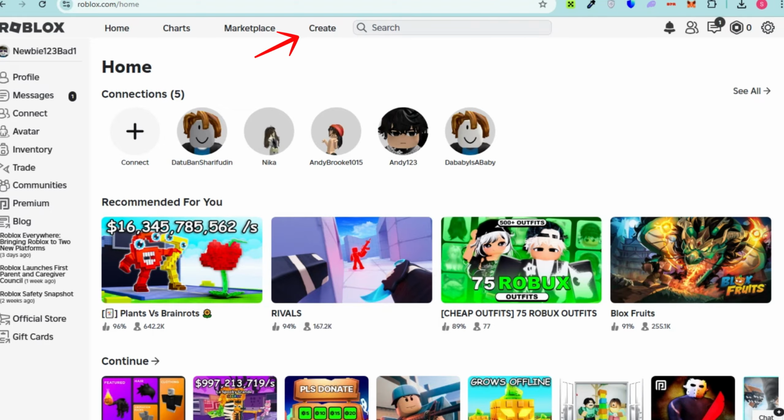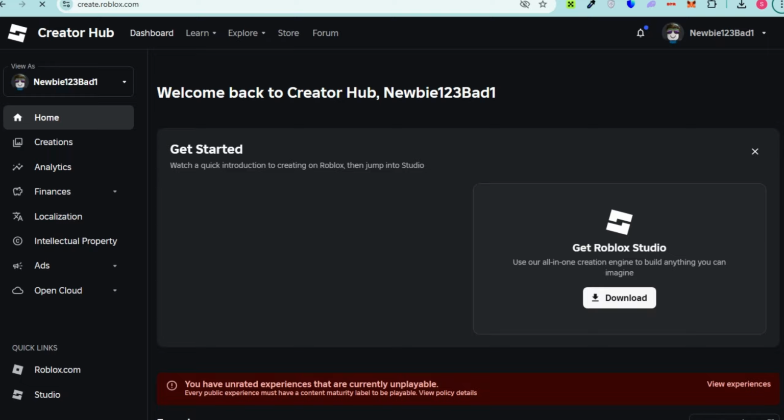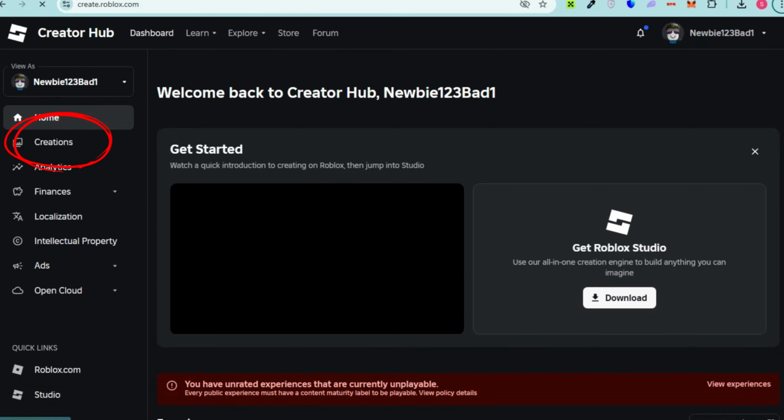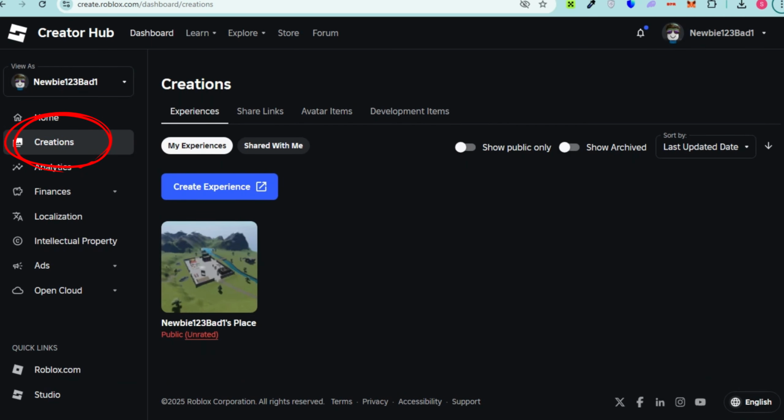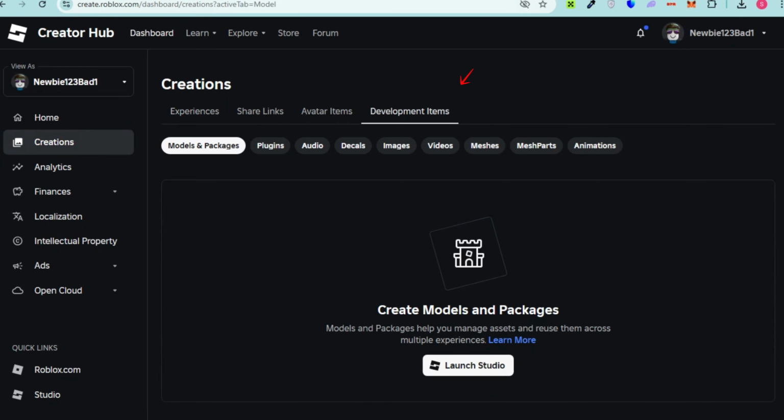So tap on the create option, and then on the left side you will see the creations option, and all you have to do is click that one. Now, once you have tapped these creations right here, you will see different options, and one of the options is this developer items. All you have to do is click this developer items right here, and then as you